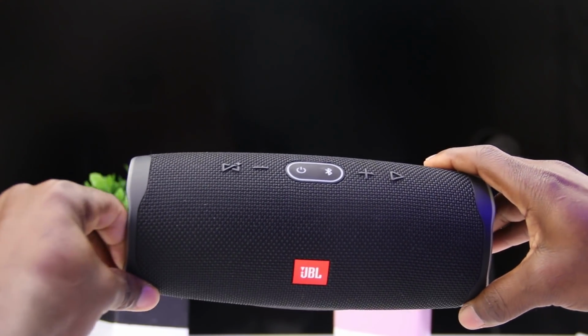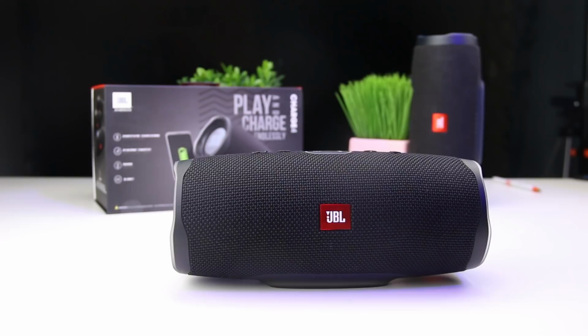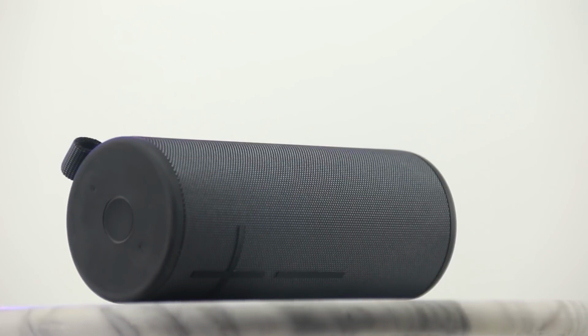different sound signature. As far as sound balance and all that, I feel like the Charge 4 does a better job. It has a wider range as far as dynamic range between the highs and lows, because it goes where, don't mind me. But yeah, this goes way deeper as far as on the frequency curve. Well, as this does not go as deep, it has